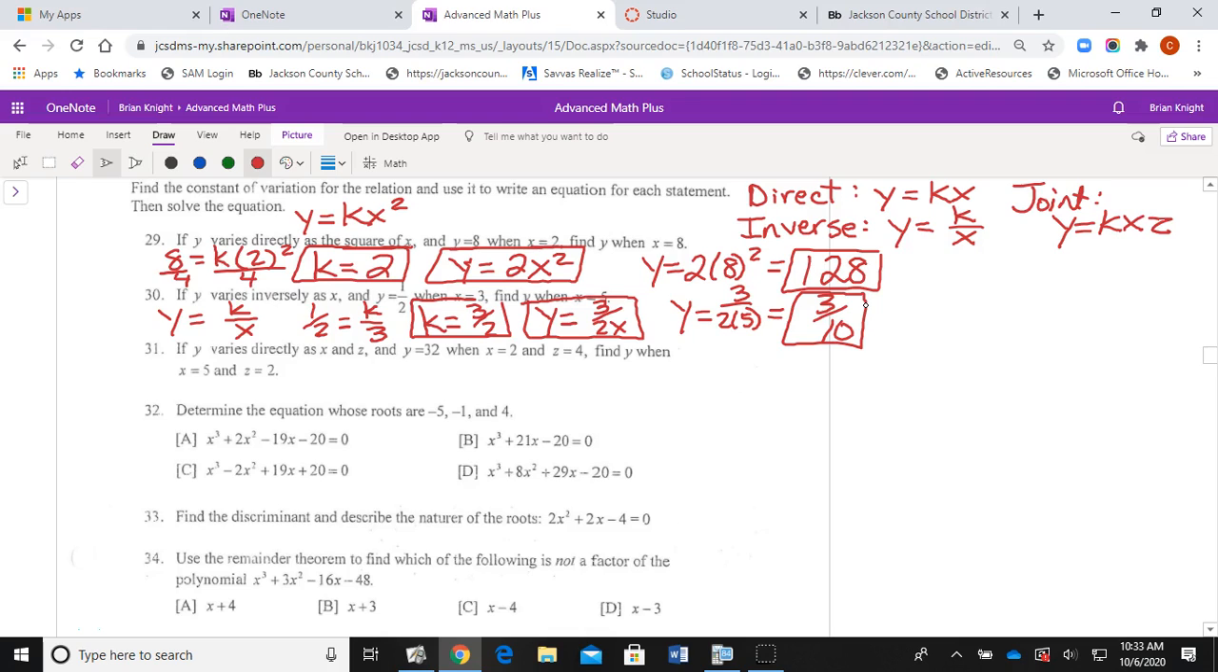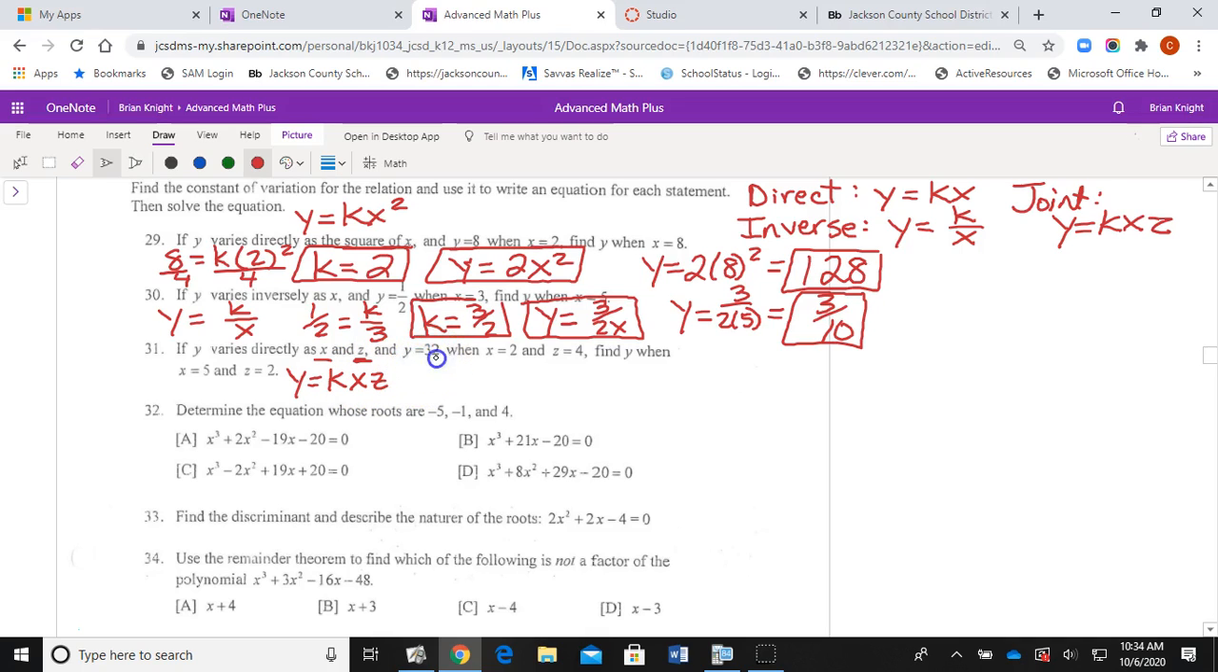Okay? 31, as always, it's written incorrectly. It says directly. What should it say? Should say jointly, because we're multiplying by two things here. But same thing, it doesn't matter. Y equals k times x times z, okay? So